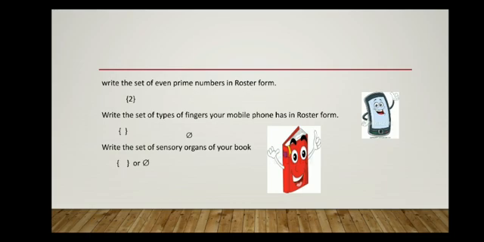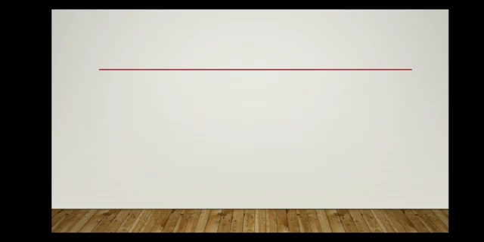So if a set has only one element, that set is called a singleton set, and if a set has no elements, then that set is called an empty set. If we see more examples, learning sets becomes fun, right? Now see this one. Write the set of months having more than 35 days. So we need to list down the set of months which have more than 35 days.